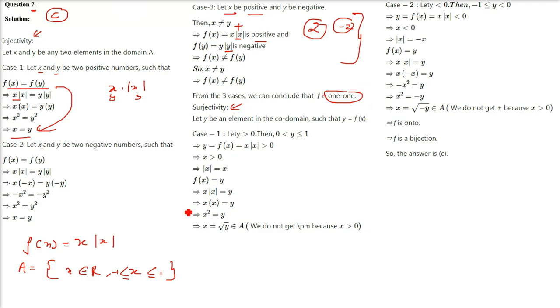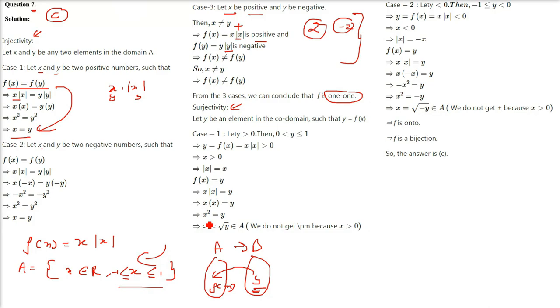Now coming to surjectivity. What do we do? Surjectivity: for every y there has to be some x, meaning every y in the second set should have a pre-image. This is what we do here. But since A and B are both given and the domain of values is also given, negative 1 to 1, we'll try to divide this into 2 parts, case 1 and case 2. So this x is varying between negative 1 and 1. So let us divide this.